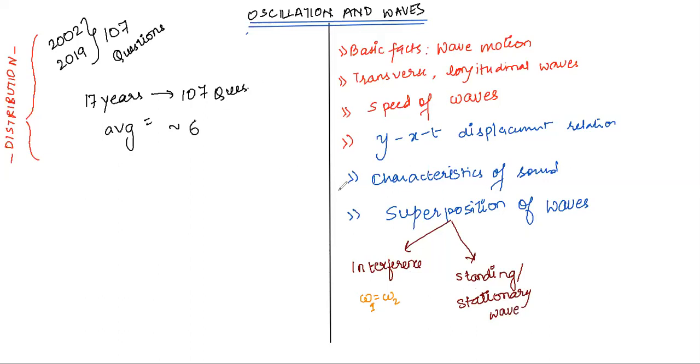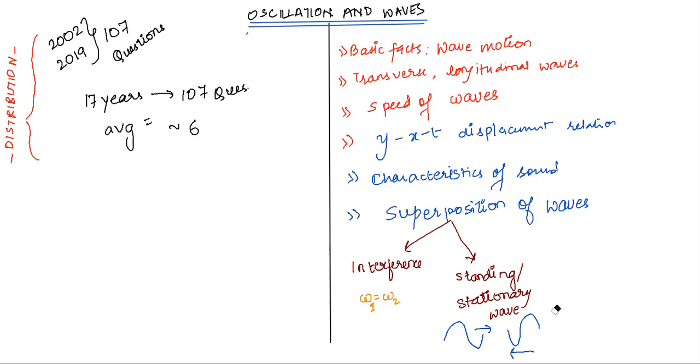A stationary wave forms when two waves are traveling in the opposite direction and they have the same amplitude and omega values. When two waves have the same amplitude and omega values and they are coming toward each other, right? Not necessarily, their amplitudes may be the same, sometimes the amplitude may be different also, but this is the general scenario which is observed, right? That when a wave is coming from one side, another wave is coming from another side, in such a scenario, this phenomenon happens, that is, stationary waves happen.